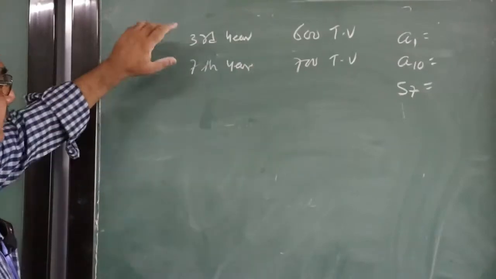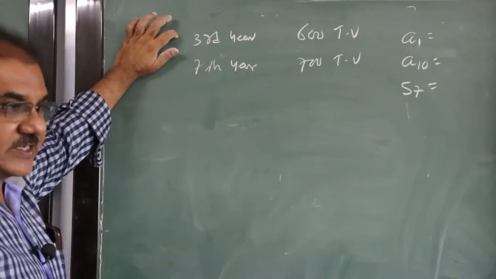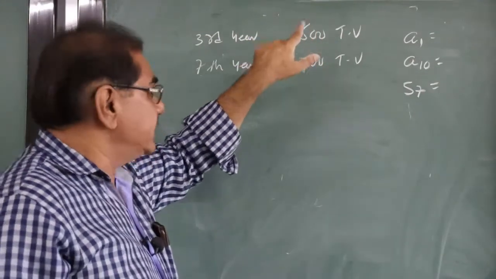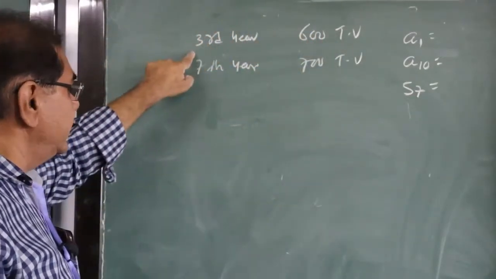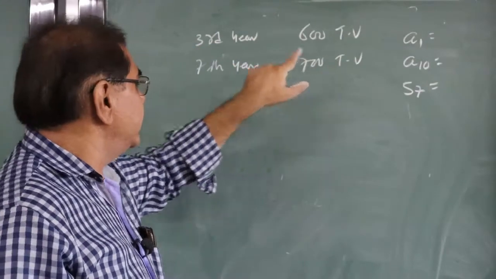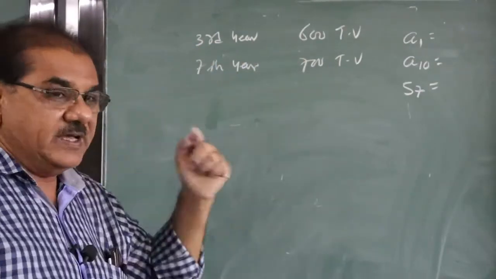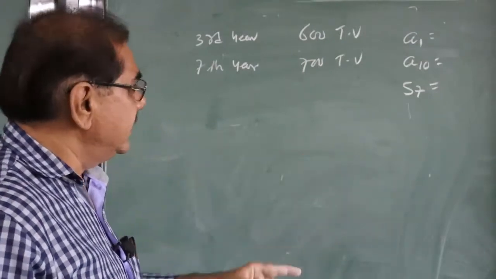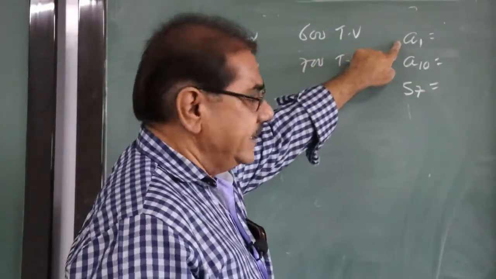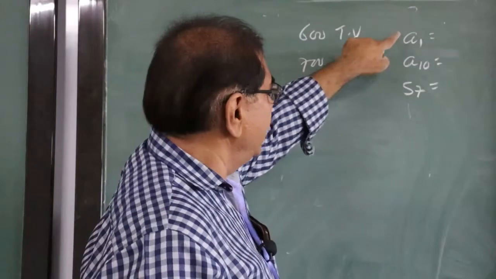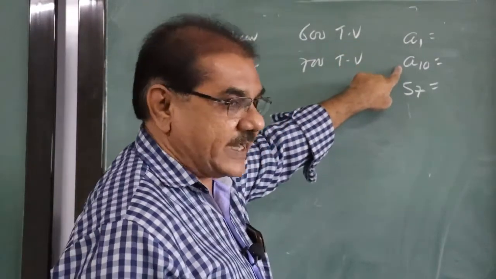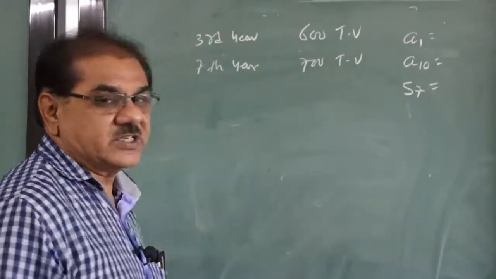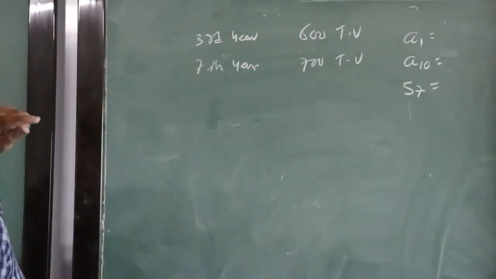I repeat the question. A TV manufacturing company produces 600 TV sets in the third year and 700 TV sets in the 7th year. Every year it produces a uniform number of televisions. You have to find A1, that is the number of TV sets in the first year, the number of TV sets produced in the 10th year, and the total production of TV sets in the first 7 years. So first of all,